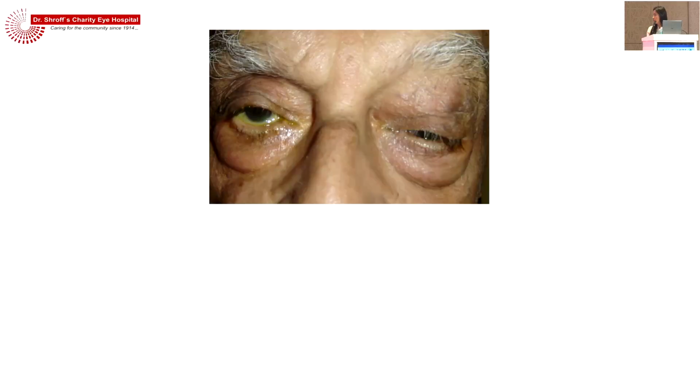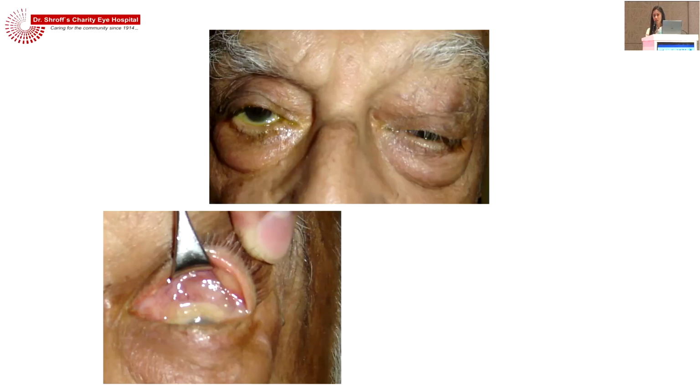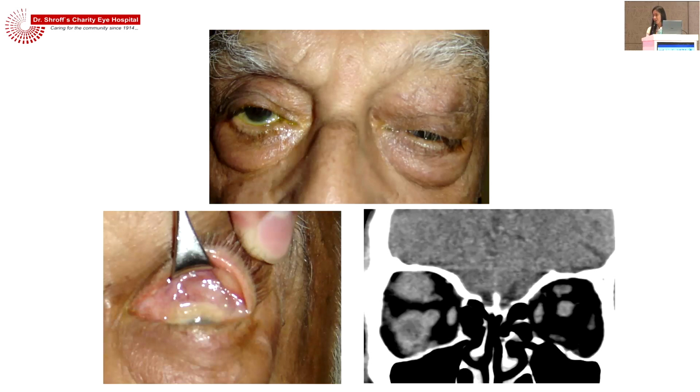This we have already covered. Again, spot diagnosis. Fornix lesion, not the bulbar congenital lesion, but the similar color like the previous patient. Lymphoma, right? Sometimes it can be the conjunctival component or the subconjunctival component could be just the tip of the